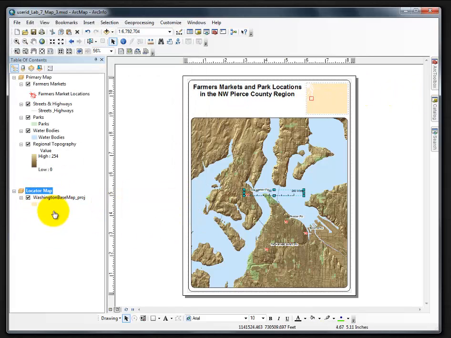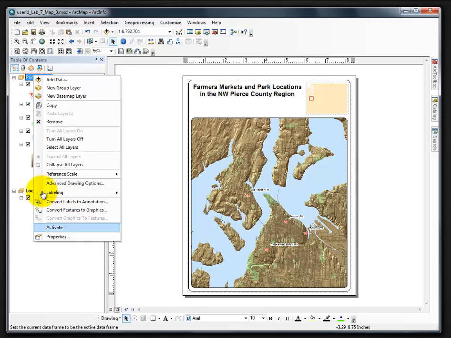Notice that this distance is 260 some odd miles. That is appropriate for this map, but not for this one, which means I obviously added the scale bar when the locator map was selected or activated. In this case, I just hit the delete key,